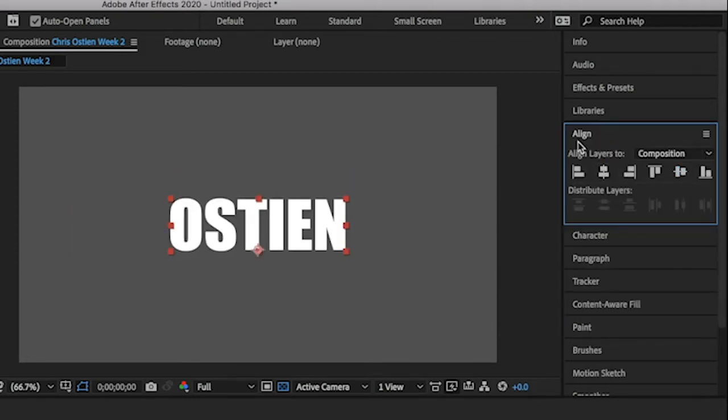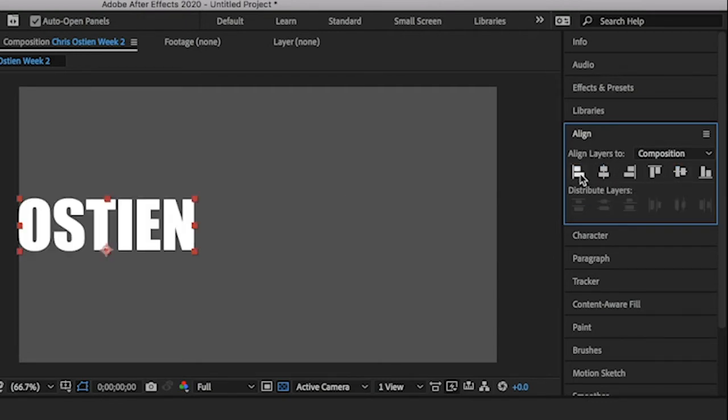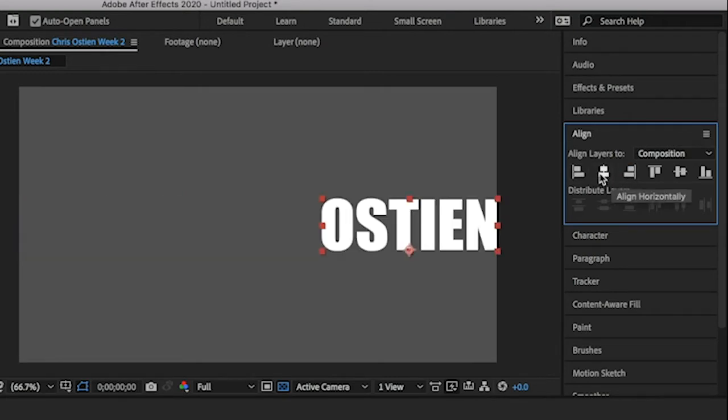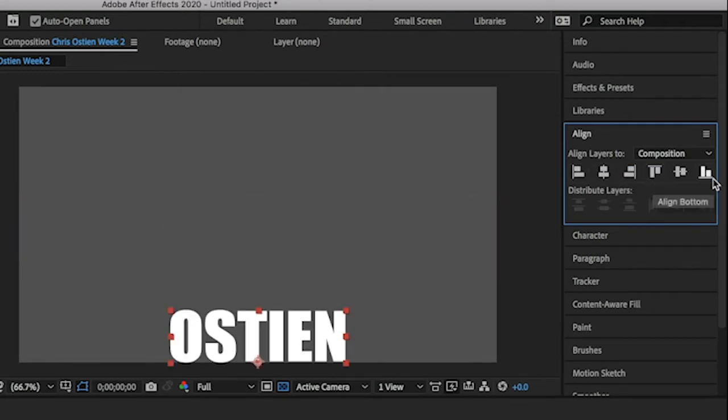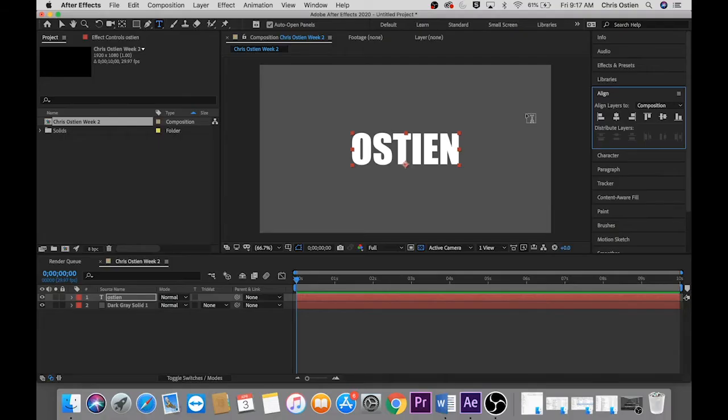Make sure we align it. Get used to using the align tool. You use it a lot. So it's vertically and horizontally. If I wanted it left, if I wanted it right, I want it in the center. Top, bottom, middle. So I'm going to create my cursor and make sure that my text layer is no longer